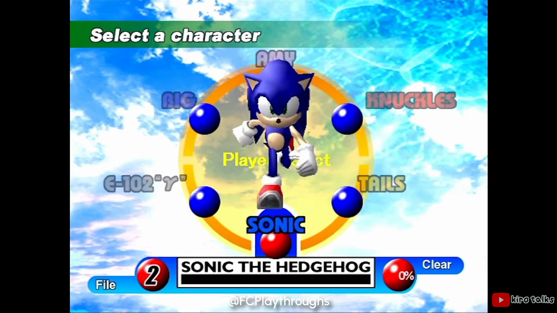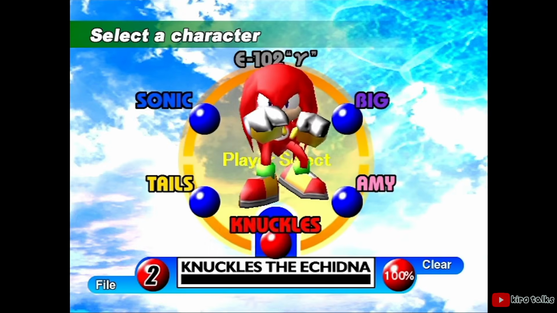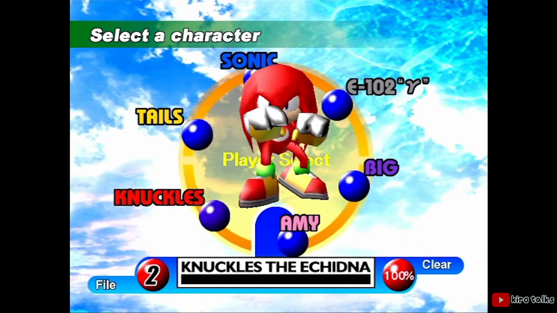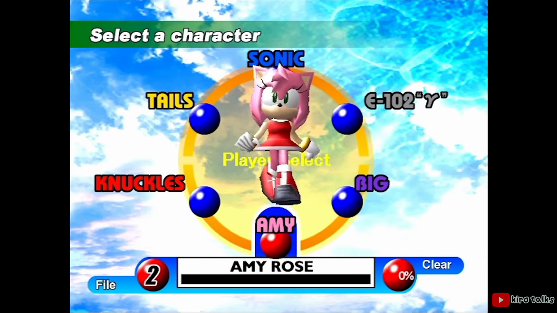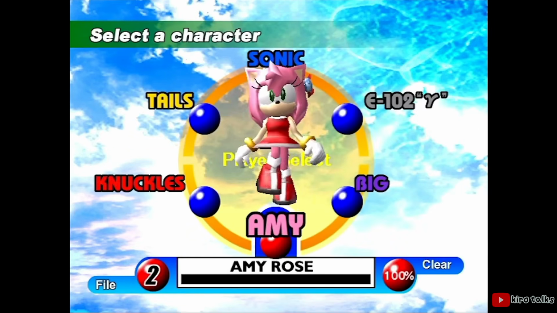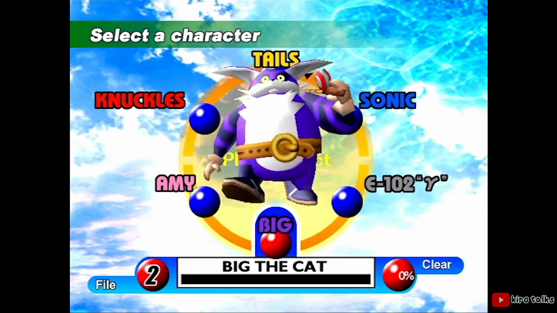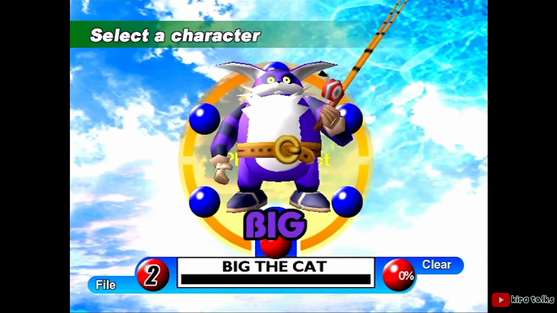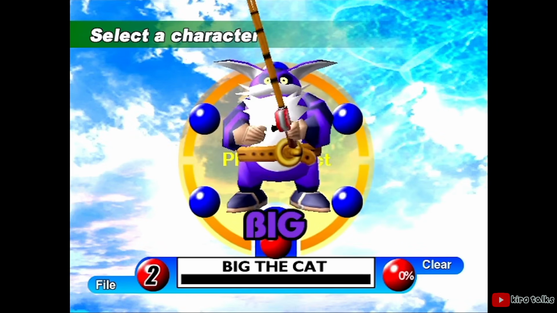Now, this is an iconic character select screen. All of the character choices are aligned in a circle, each with their own unique color for their name. By moving left or right, you can spin the wheel to get to the next character, and each of them do their own unique idle animation. When you actually select your character, they'll do a quick little animation and a voice line, just like Sonic Schoolhouse,